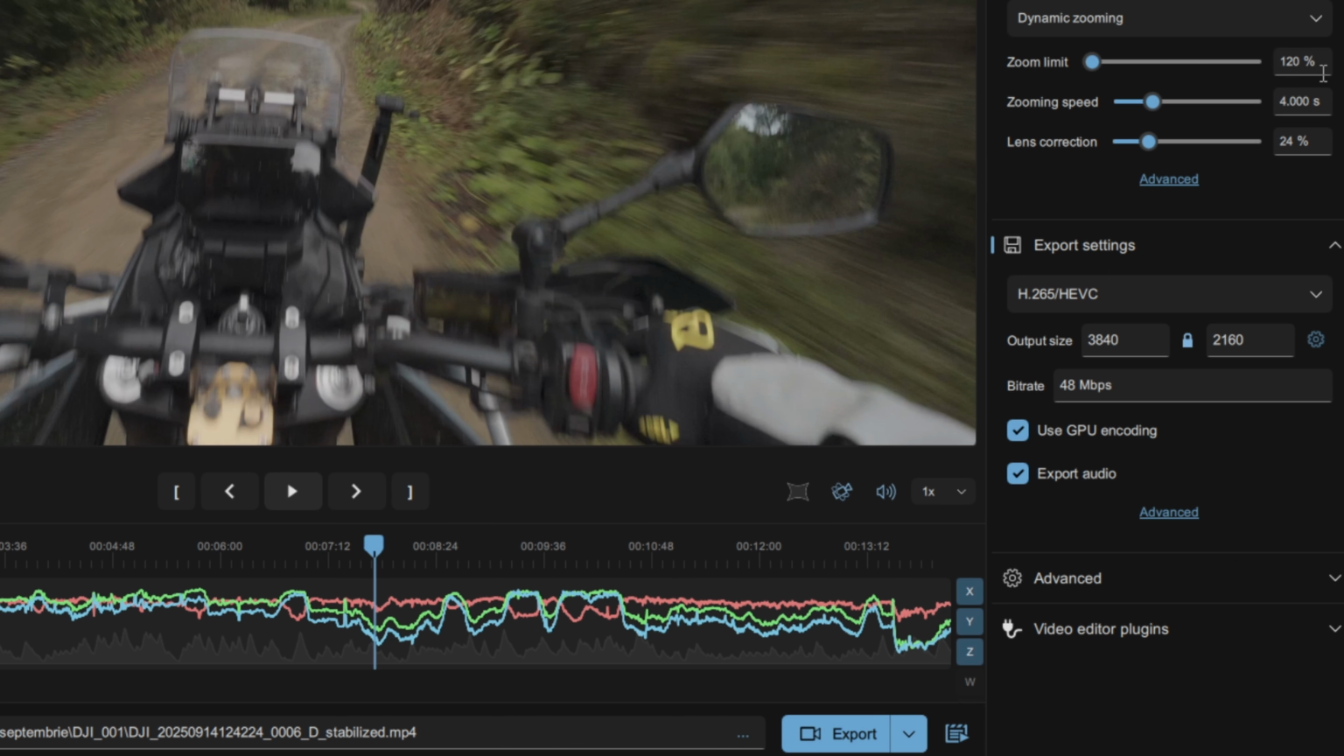So, zoom limit, zooming speed, lens correction, okay. But this is the most important part, export settings. You need this H.265 HEVC because you need this no compression file for DaVinci. After this, you export and then you go in DaVinci,